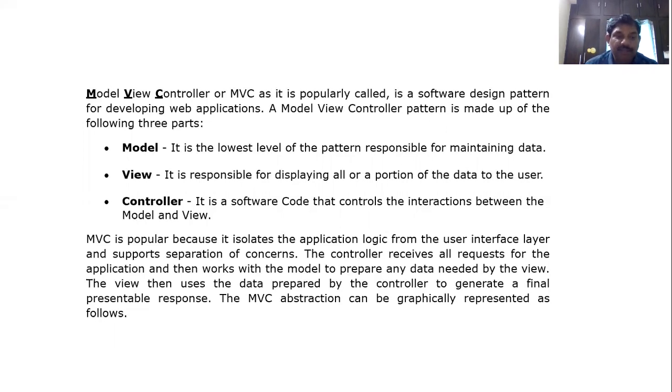That is what happens in the model view controller. Here, by using the get method and post method, we give the request by using the URL, uniform resource locator. When we give the request, for example http://www.google.com, the client gives the request, that request is taken by the server, and the data is retrieved from the server.